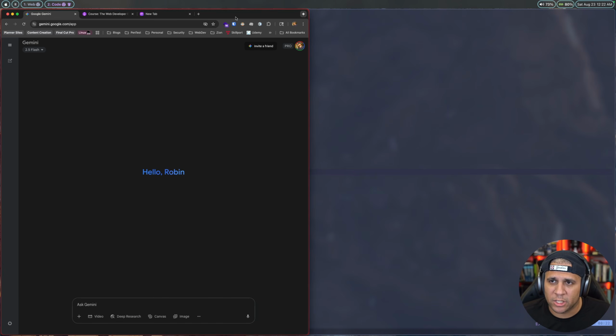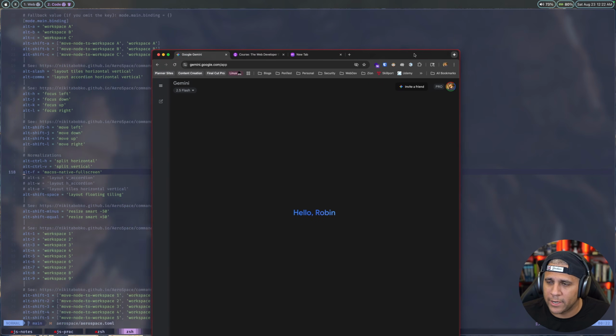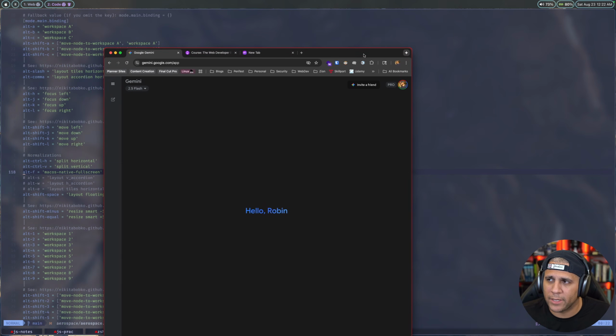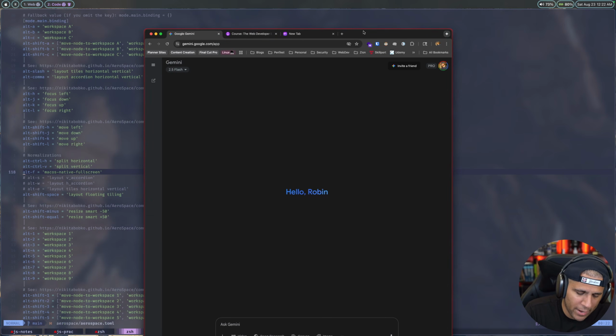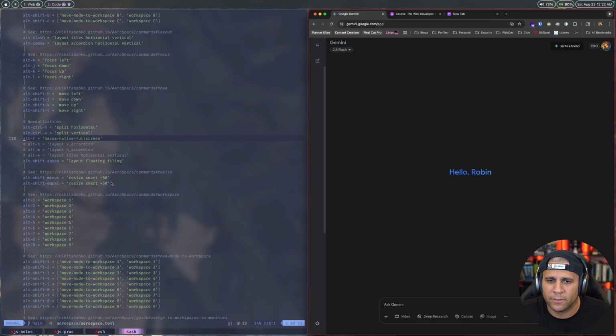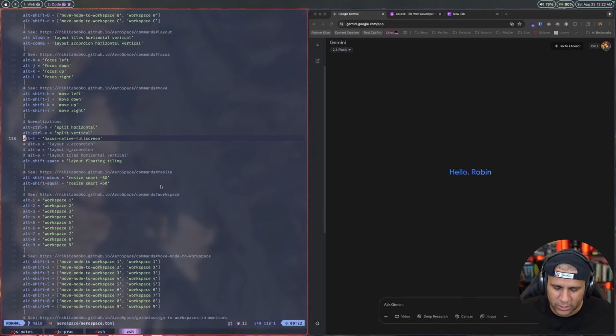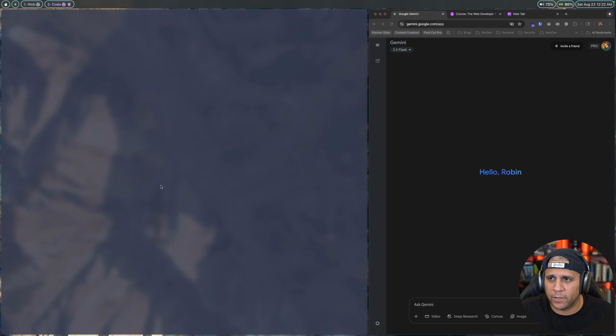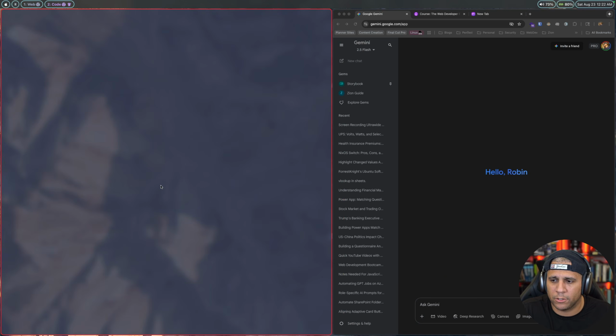Now the application is floating, so now it no longer snaps, so it's floating above the application. And as you can see, Kitty in the background just took up the entire window. So if I wanted to go back, just Alt Shift Space or Option Shift Space, and now it's back to snapping in the grid, in the window tile. You can obviously resize, so I can make this bigger, smaller,